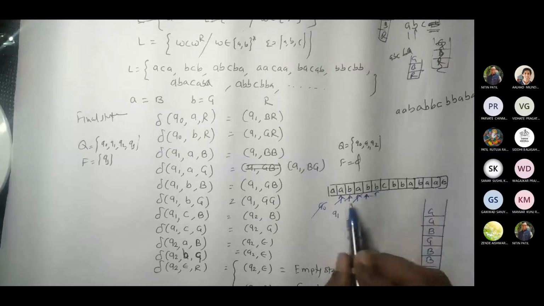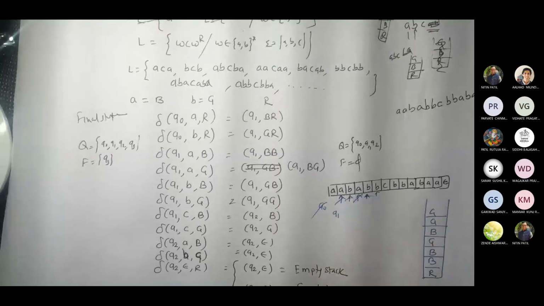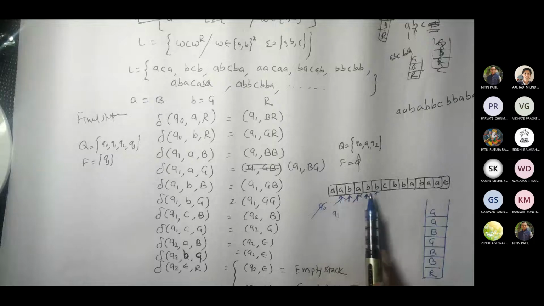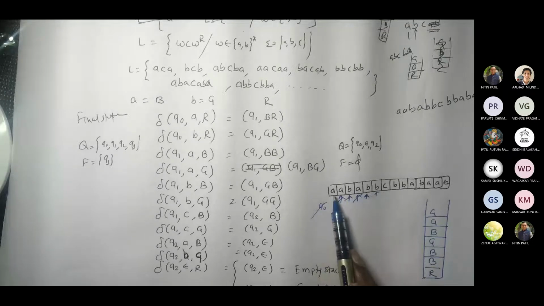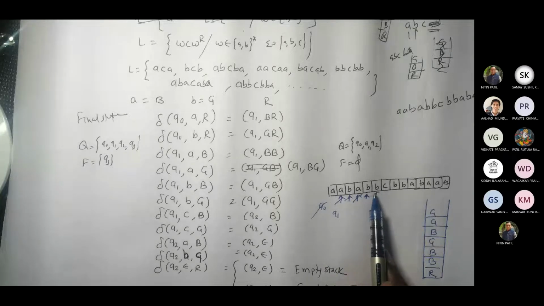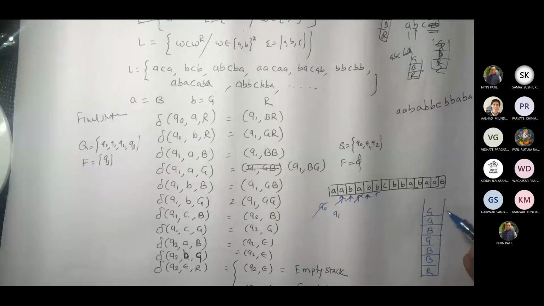So now we have processed all of these, correct? A, B. You may see that there are 6 elements: 1, 2, 3, 4, 5, 6. So how many pushes should be there? 6. Let us count. Can you see that we have pushed 6? Now check how many A's are there in the string. 3, correct? 3 A's and 3 B's. Ultimately 3 blue plates and 3 green plates. One can see that, correct?